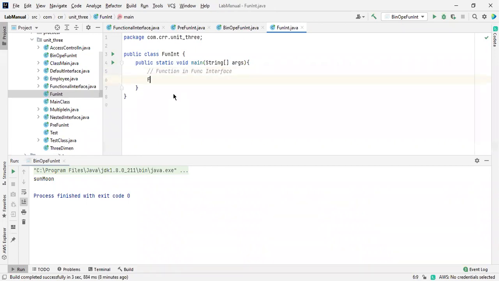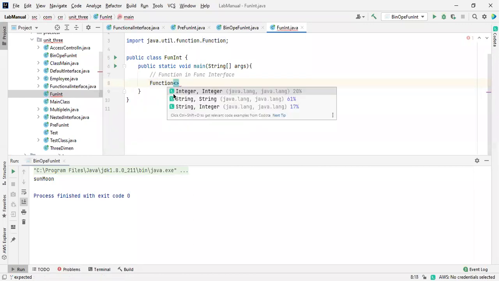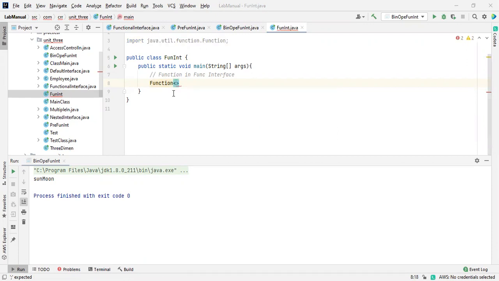Okay, let me declare this Function, and it takes two types over here. These are not the arguments. Okay, it takes two types. I'll take String, comma, String.